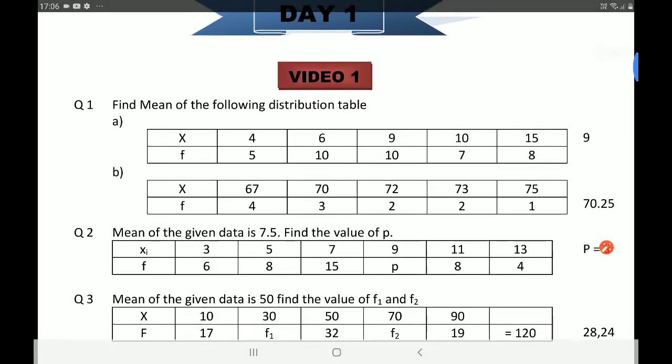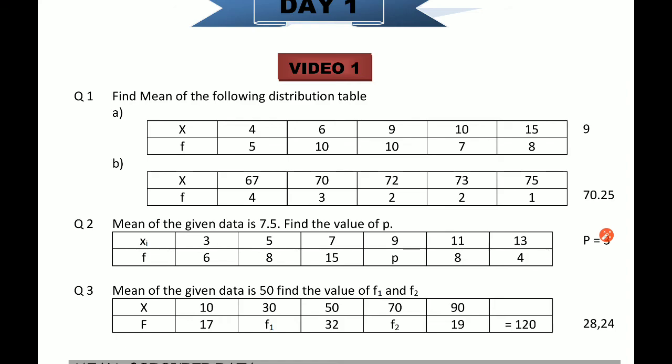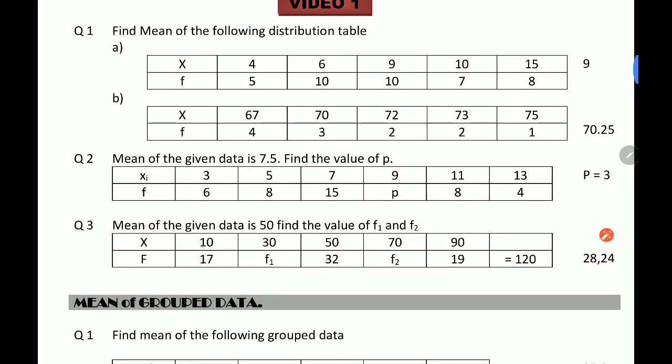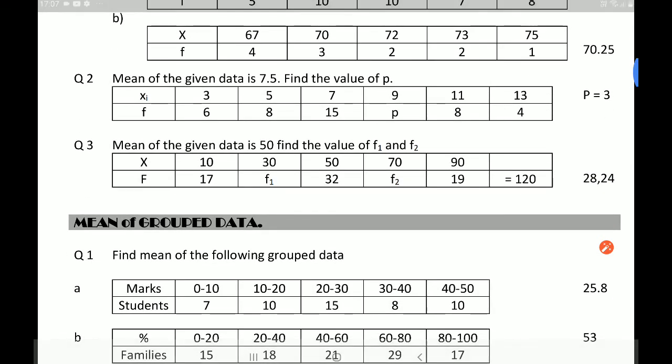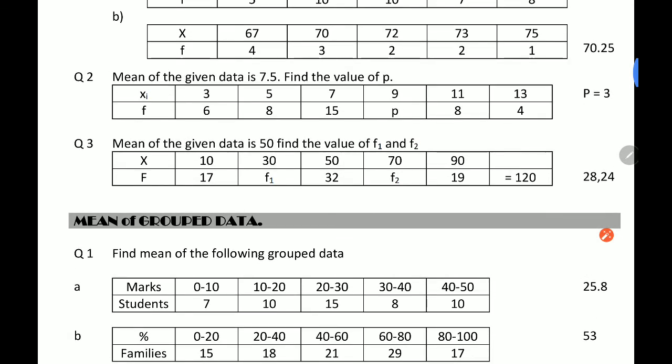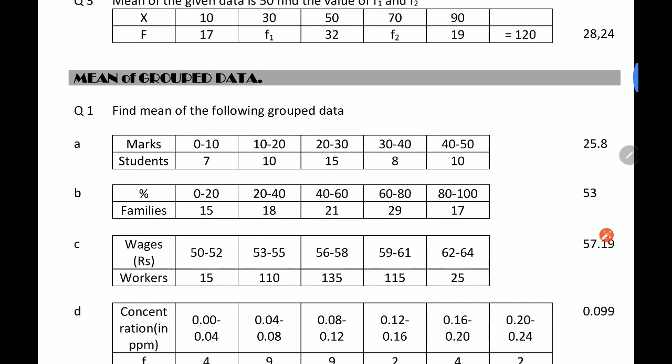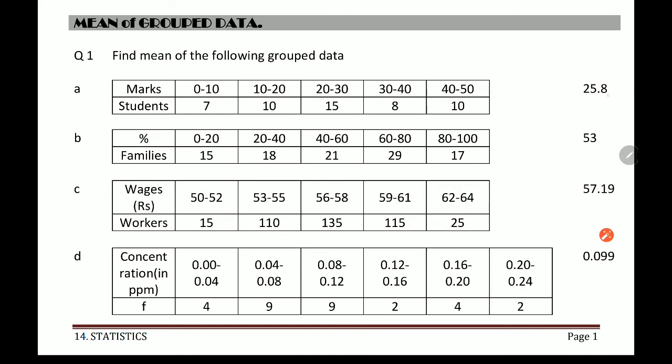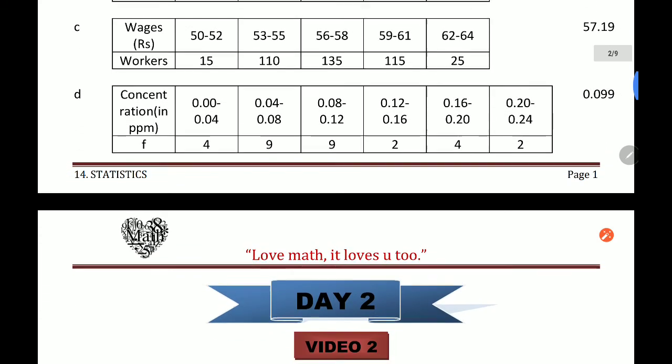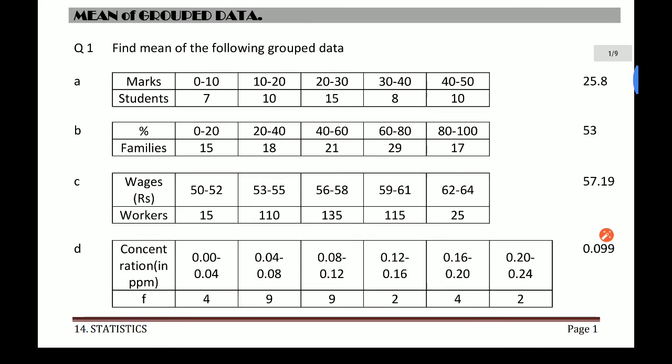Okay, so this is for video 1, that means this video which is going on right now. So the two questions which we have done directly, then we have to find out p value or maybe f1 f2. This you don't do. Question number 3, please don't try it. Question number 3, don't do it. मीन ऑफ द ग्रुप डेटा यहाँ से शुरू किया था हमने. ये फर्स्ट क्वेश्चन I have explained. सेकेंड वन you can do it. थर्ड वन also you can do it. फोर्थ वन that is D. Okay, so that's it. आज के लिए इतना ही.